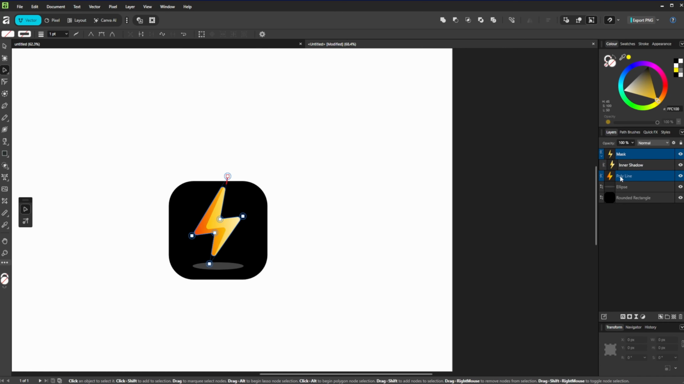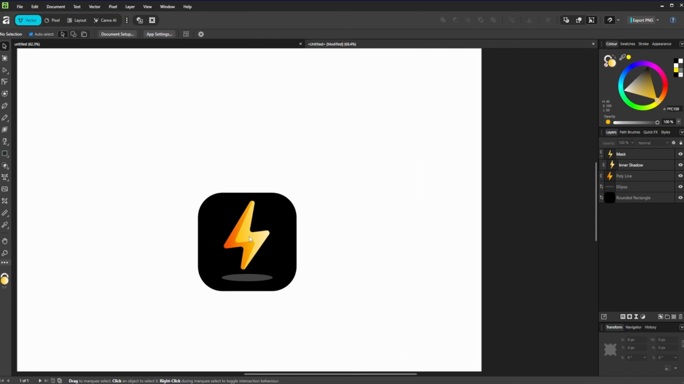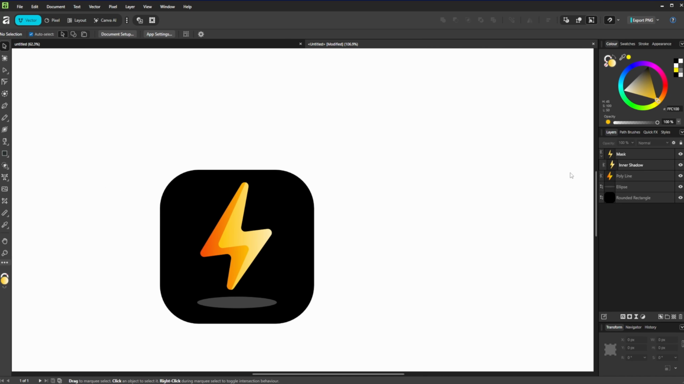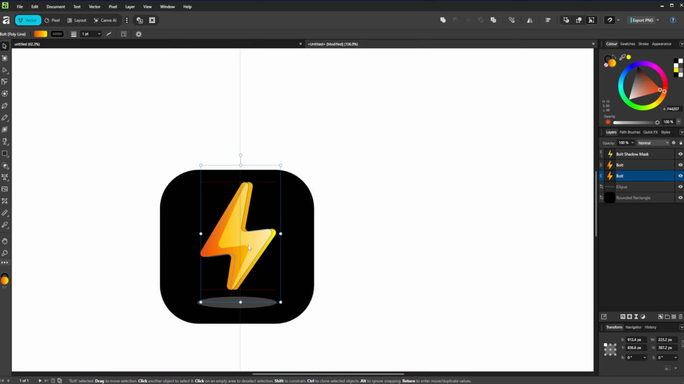Maybe move that down a bit. I'm thinking because this is all vector as well, bear in mind this is scalable, we could even add a 3D or a border to it. You could do a simple thing: instead of calling this polyline, let's call this bolt. And then this is bolt shadow mask and inner shadow. If we duplicate the bolt, put it underneath, drag it maybe across and down,